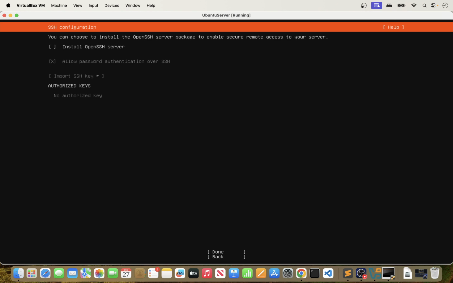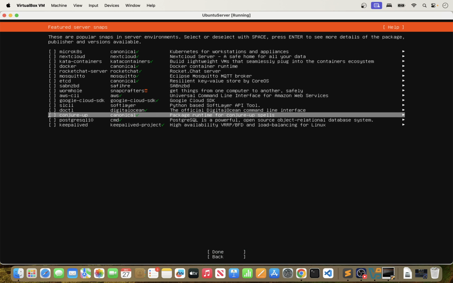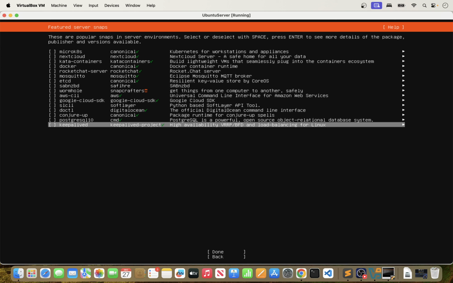If you want to install OpenSSH, you can do that. So I'm actually going to do that. And then we will go ahead and click done right here. And for the featured server snaps, these are additional configurations that you can install. I'm not going to do anything here, so just use the down arrow on your keyboard and then just select